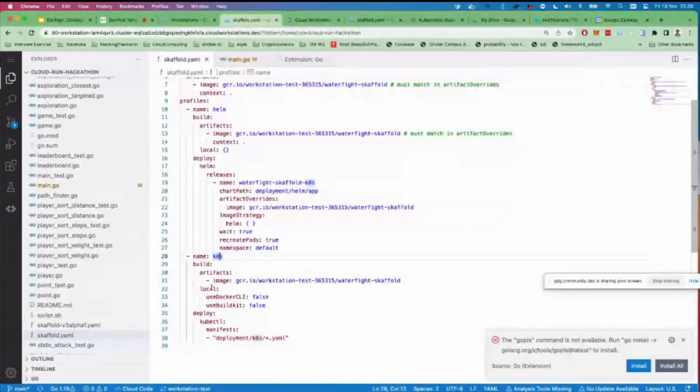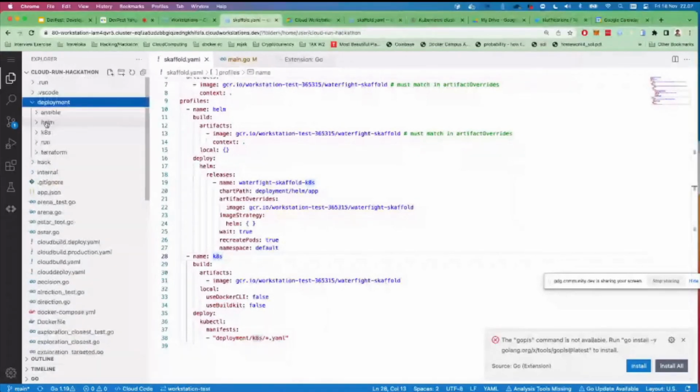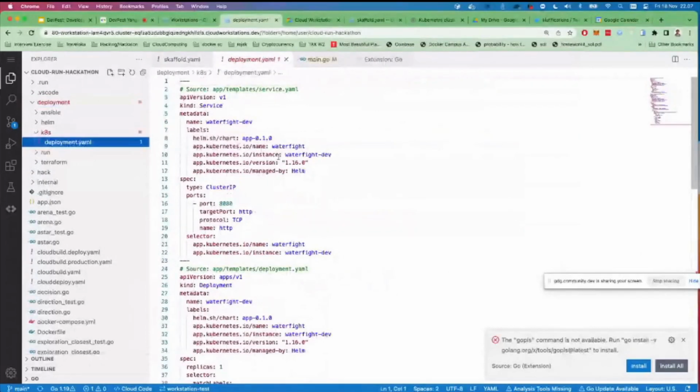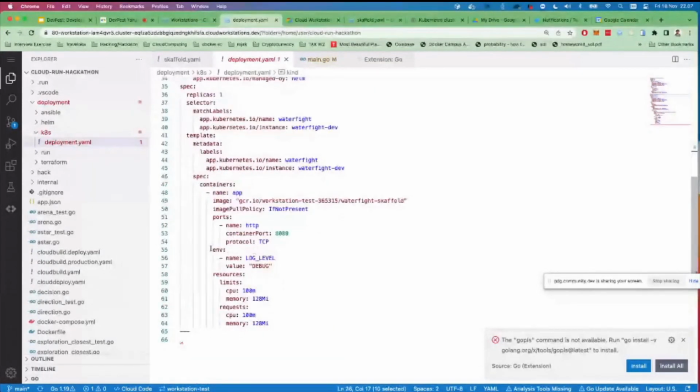Let's go into the raw Kubernetes manifest first. I have the Kubernetes directory here, and I have deployment YAML. So these are the manifests that I will deploy. The first one is the service itself. It opens port 8080 HTTP, and then it has one deployment with several configurations like log port 8080 and the